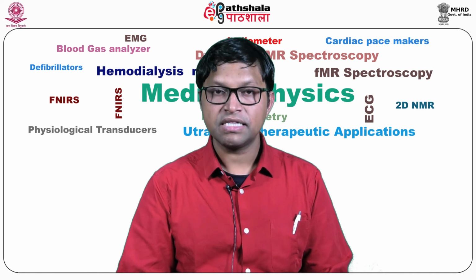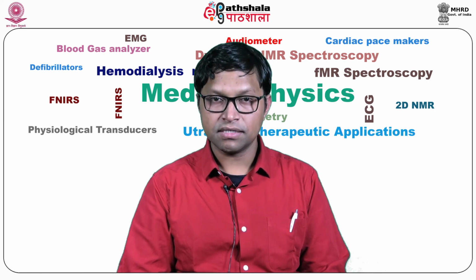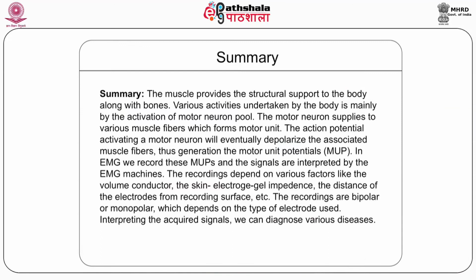Now, we have reached the end of the module. Here, in summary, we will discuss what happened throughout the module. We have understood that the muscle provides the structural support of the body along with the bones. Various activities undertaken by the body are mainly by the activation of the motor neuron pool. The motor neuron supplies various muscle fibers, which form a motor unit. The action potential activating a motor neuron will eventually depolarize the associated muscle fibers, thus generating the motor unit potentials